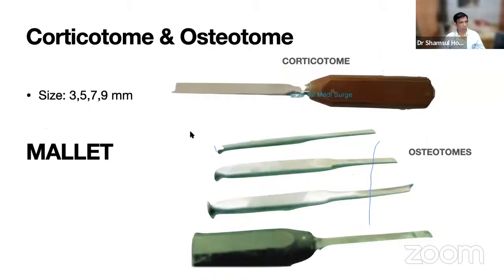Then another very important part, corticotomy and osteotomy. Osteotomes you use regularly for the osteotomy, and these are the corticotomes. We have the one pointed end here. So this is the inner part. We use it for the outer part to save the universal structures, and then we gradually do after the drill bit use. We can use this for different parts of corticotomy. The sizes are 3, 5, 7, and 9 millimeters. So these are very important parts for the corticotomy. And then we have the mallet, like the hammer, we use for the corticotomy or the osteotomy.